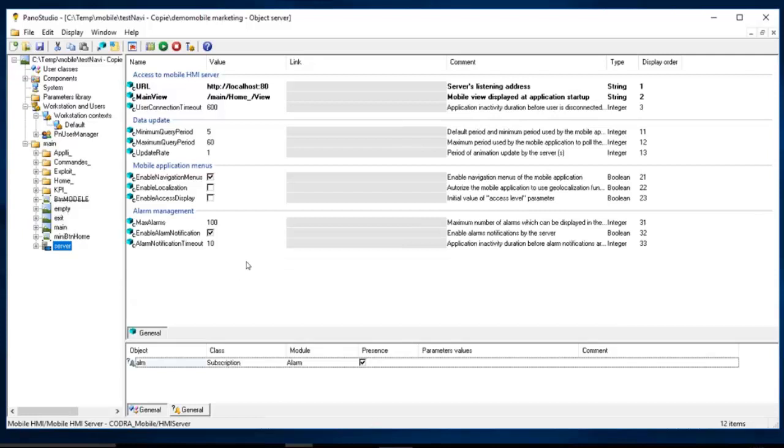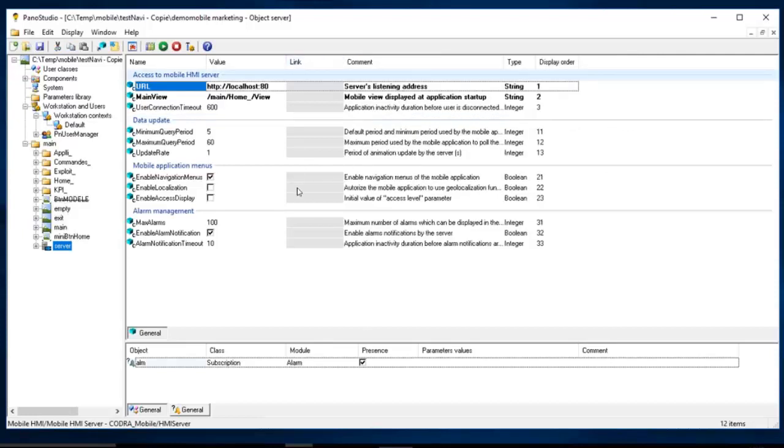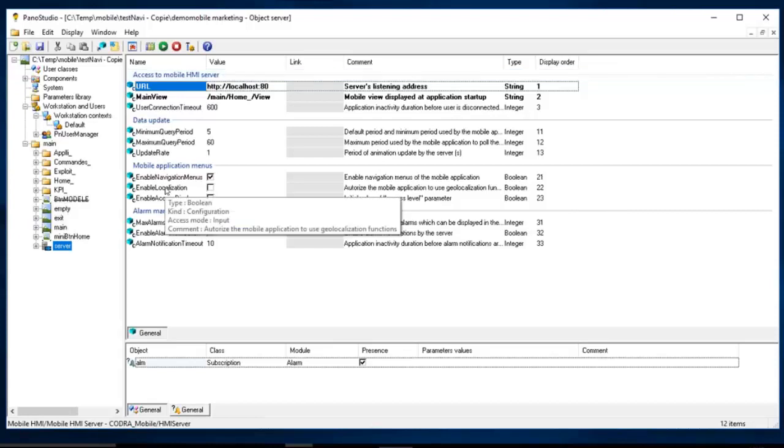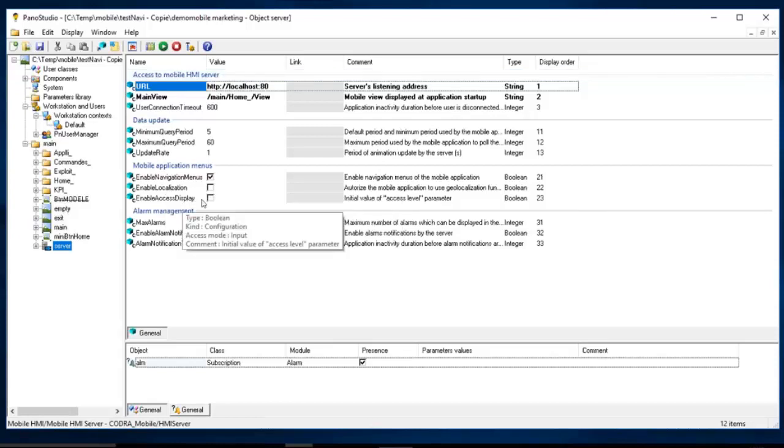You can set the ranges of the querying period here. You can enable localization or access display. You can add some lock icons on your mimics when you are not an authorized user to manage some commands.